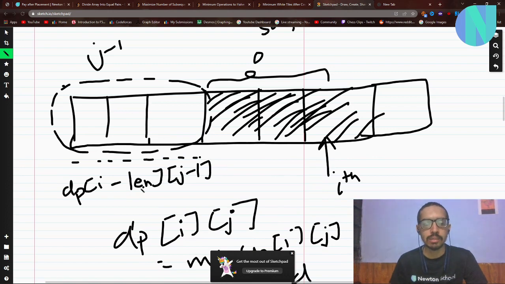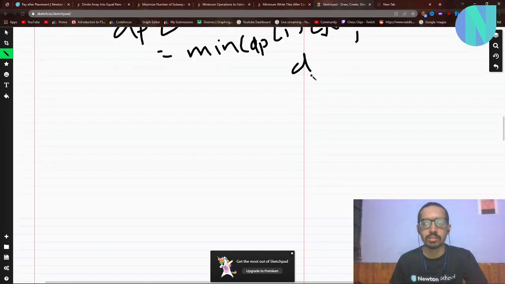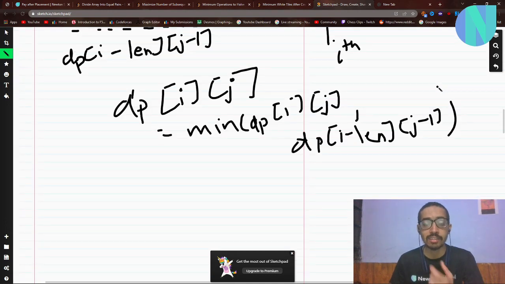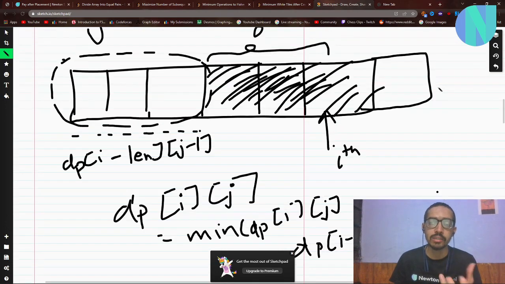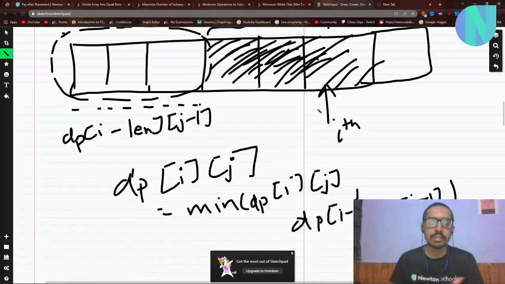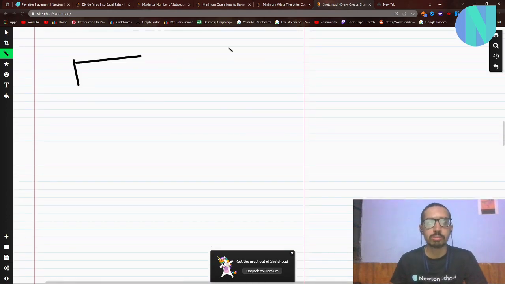This will be given by dp of i minus length, the last index of this block, and how many carpets I used, j minus 1, because one carpet is here. So this becomes dp of i minus length and j minus 1. This was one transition, assuming I placed a carpet here. But if I had not placed a carpet here, let's assume I do not place a carpet here,